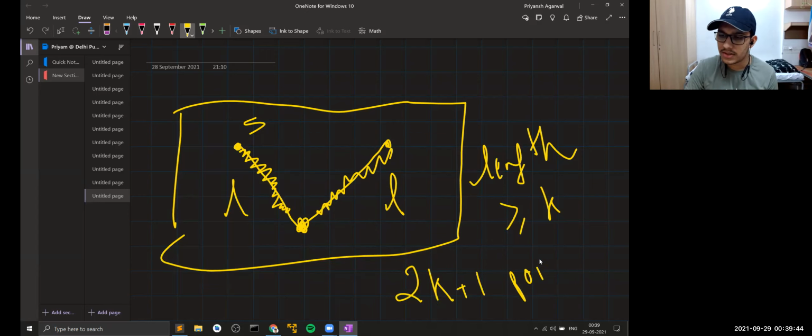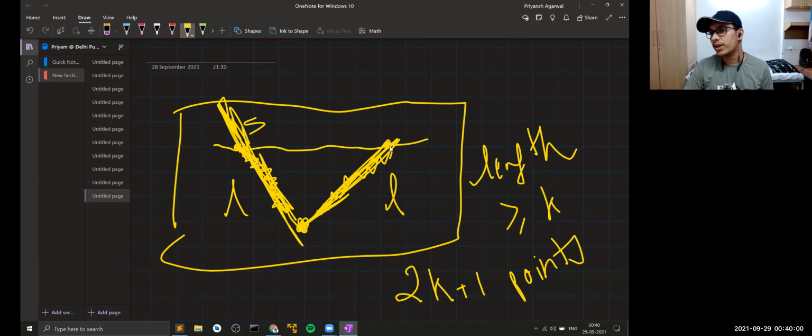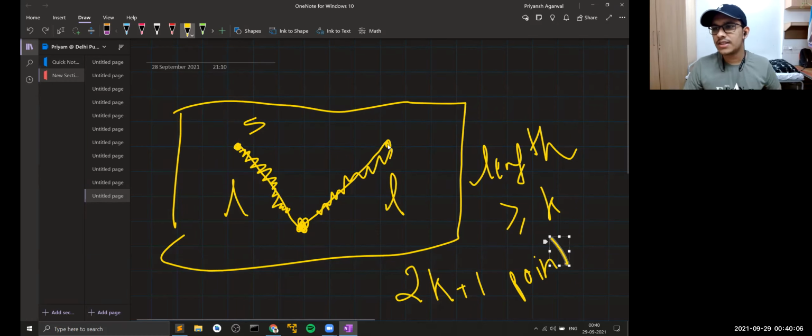Can I say this? This tick mark should comprise at least 2k plus 1 points, such that wherever you are ending, if your tick mark is something like this, the left arm and the right arm should be equal. You cannot increase the left arm so much and increase the right arm only till so much. You cannot do that. All these lengths have to be the same, right? Now, this is very simple to implement.